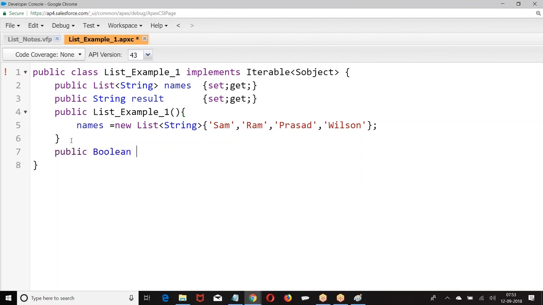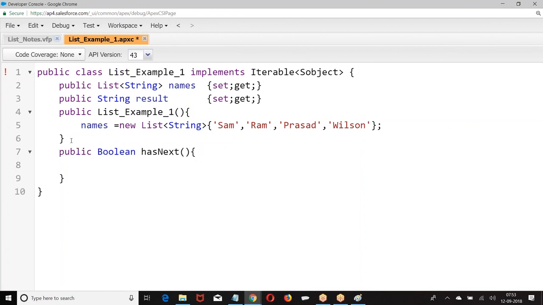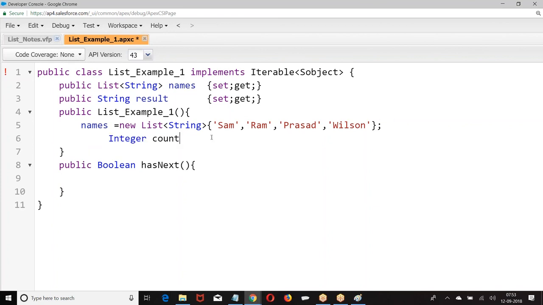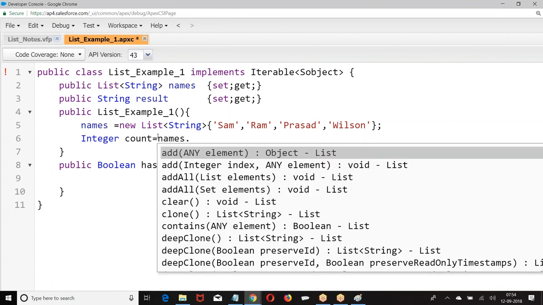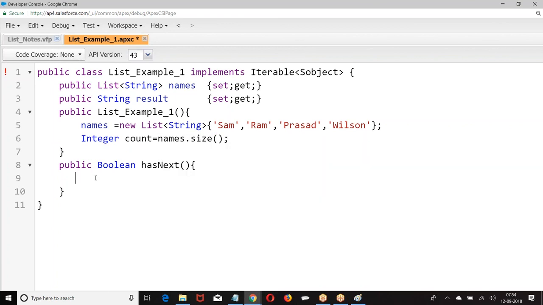Public boolean hasNext will return true or false, based on whether a record is available or not. So what we are doing: if count is greater than size.